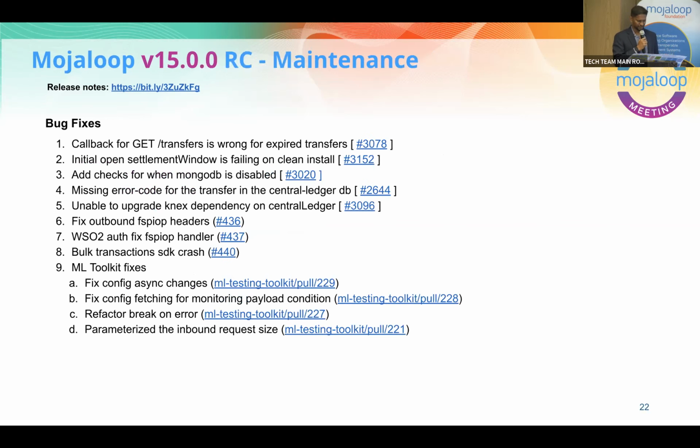I won't go into detail on the bug fixes, but the list is here. As part of increased test coverage and improved access to other use cases such as bulk for adoption and remittances, we uncovered more areas that did not have coverage before. So in this PI, that was addressed. There were some callbacks that were giving wrong information, so that was fixed. You can also go to the release notes, which Miguel will do later on, to look at the exhaustive detail of all the changes included in the release.